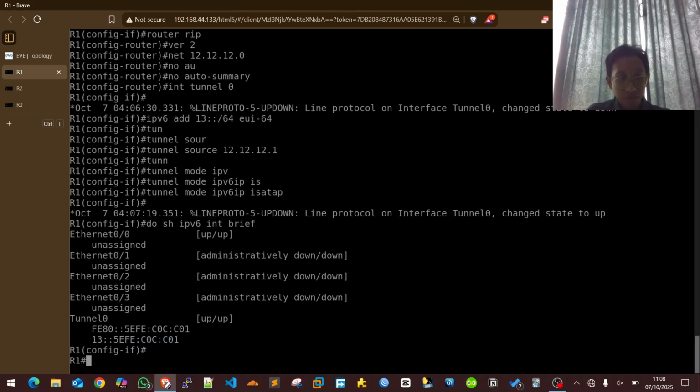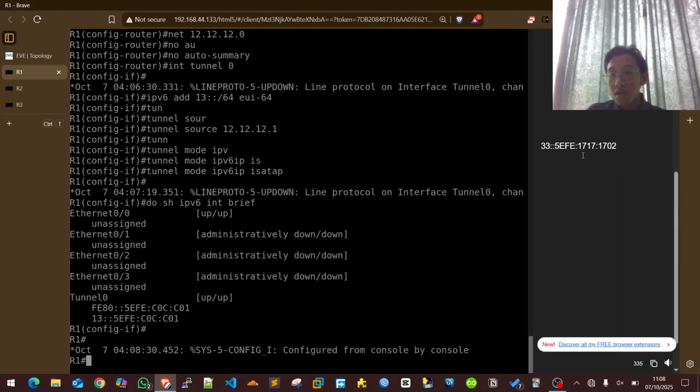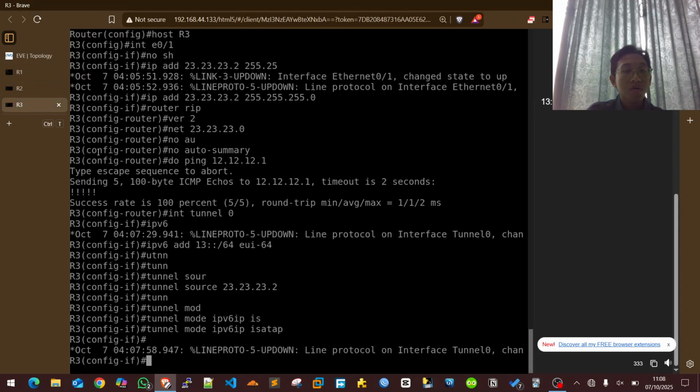You can just copy it and paste it somewhere because I'm using EVE-NG here. Then go to the third router and type ping, then type in the IP address of the first router that is linked with the third router by the ISATAP tunnel.